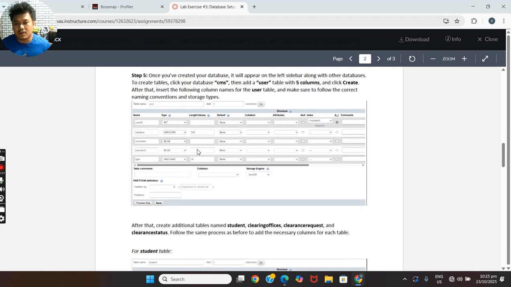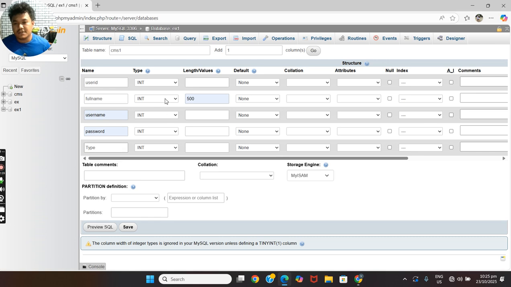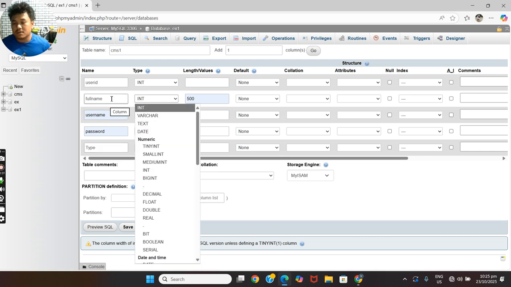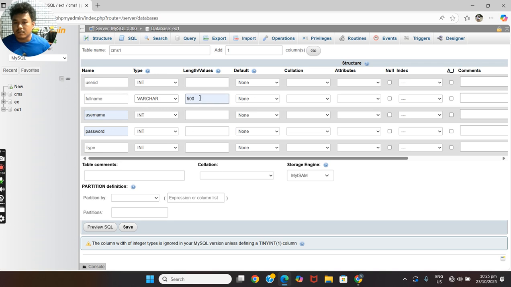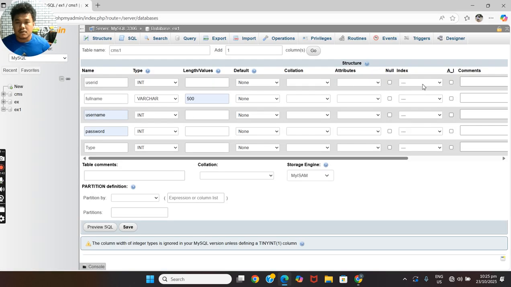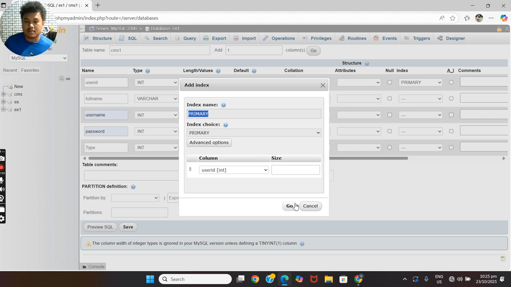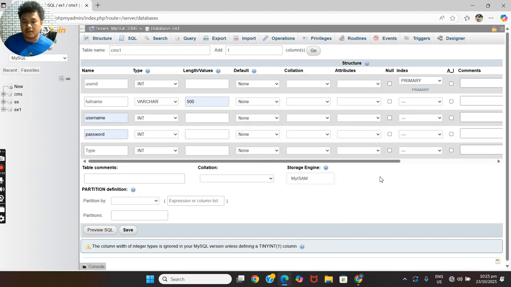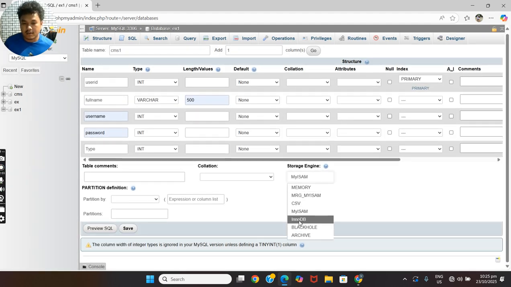Here, we need to change the full name into varchar, and we put 500 as the length or values for it. Then in the user ID, we put primary. And we change it here.